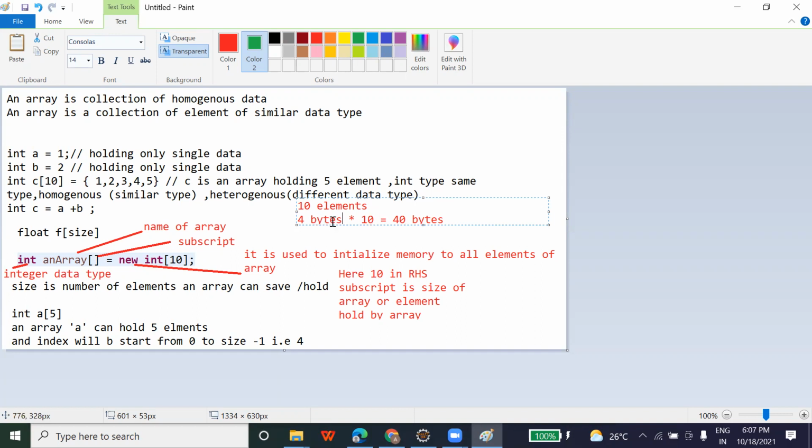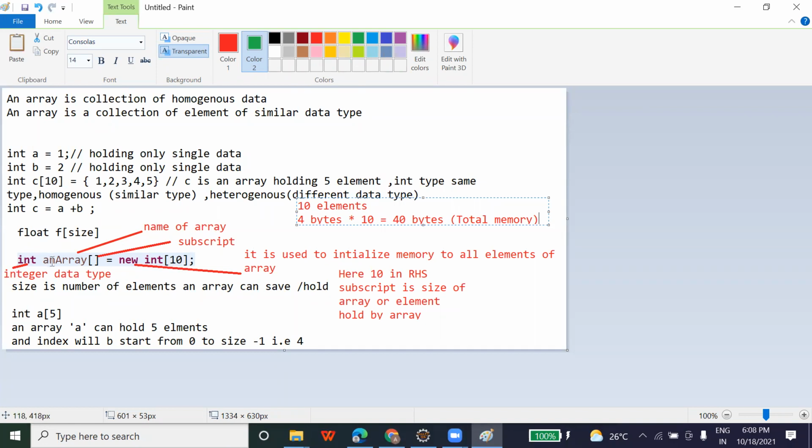So 4 bytes each, and it will be 40 bytes of total memory required. That was assigned by which keyword? This new keyword. This new keyword is responsible for assigning memory to all the elements of an array, and that will be 40 bytes because you are going to save 10 elements of integer type.